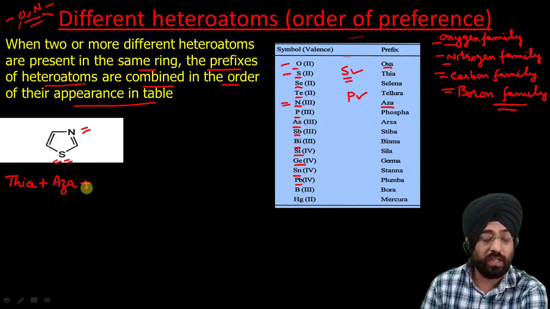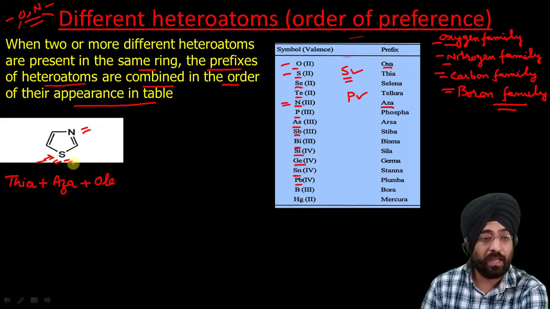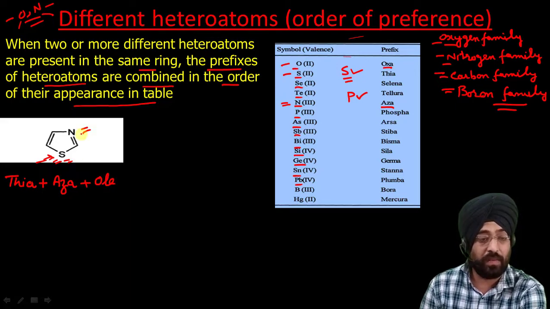Plus now we have to give its stem. It is a 5-membered saturated ring. Now we have to give the name according to the atom which has higher priority. Now sulfur has higher priority, so we have to see the table for the stem for non-nitrogen atoms. So its stem will be olane, so its name will become thiazolidine. Now also we have to specify the position, but I have not discussed numbering with you yet, so don't worry, I will discuss it in my upcoming slide. So it can be 1, 2, 3.